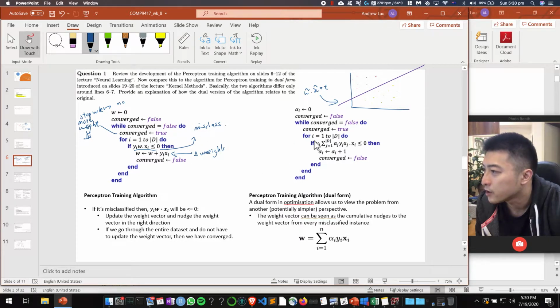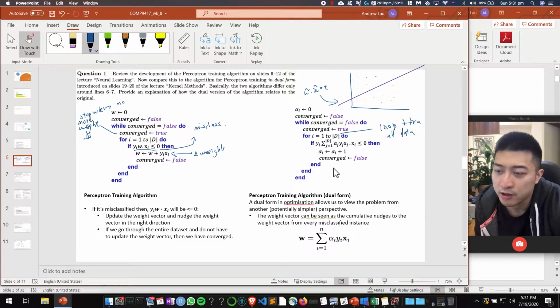So what's similar? We are also cycling through the entire data set, so 1 to D. So loop through all data, right? And given this, if it's negative, then let's do something, right? But what is this? This is our prediction, isn't it? So you can see here,